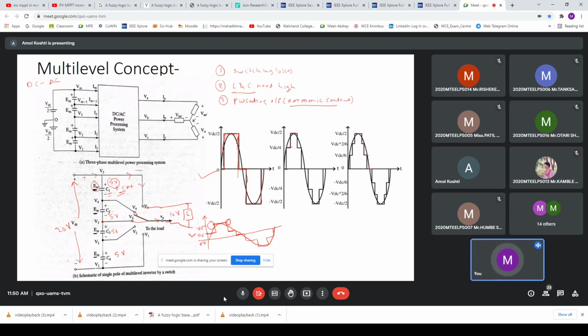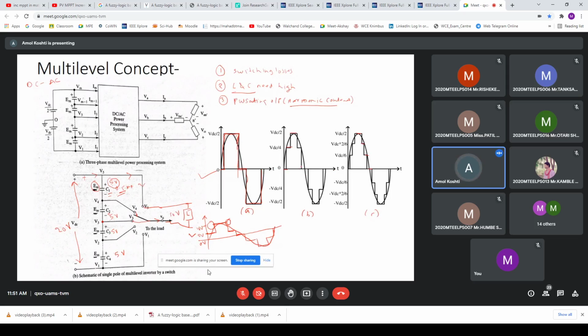So depending on the band selection, we can generate different levels of output, that is two level, three level. Yes. In that case, will our filter circuitry change? As we increase the bands, let us consider this: this is A, this is B, and this is C. Here there is a two level output, here three level, and here suppose a four level output.